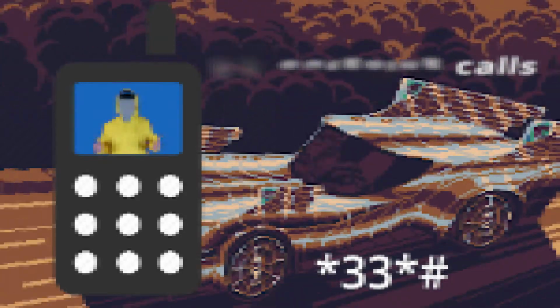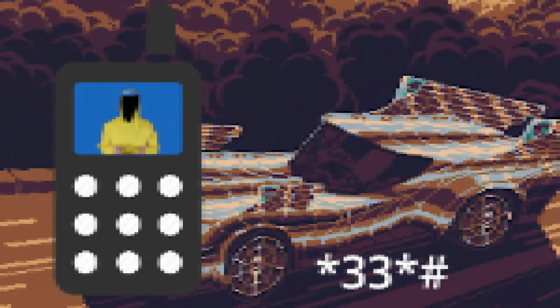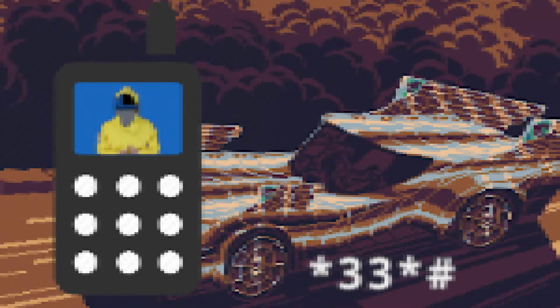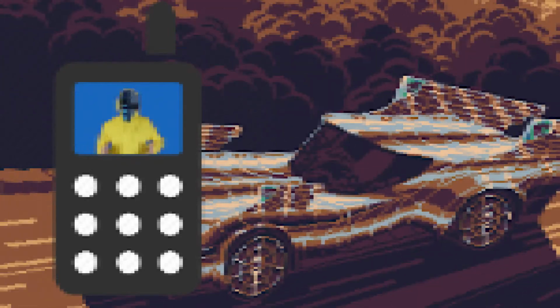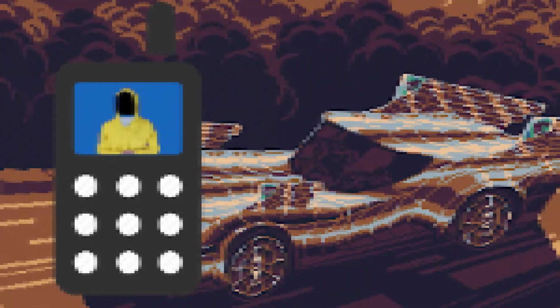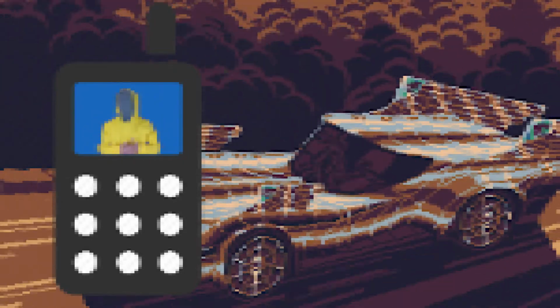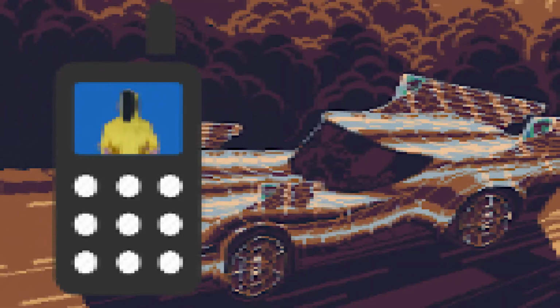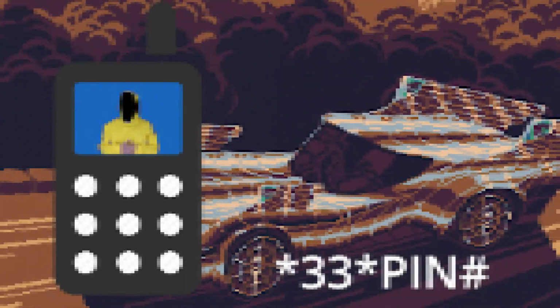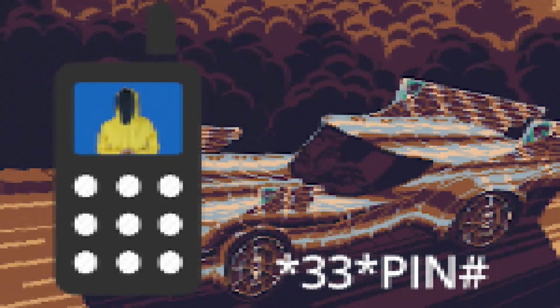No outgoing calls. This function works only for iPhones. If you use this code, you might not get any calls from others. Thankfully, with this code, you can easily block outgoing calls, and all they will just see is that the call failed to go through. They may just think it's a poor network signal. So, if you want to try it, just dial the code and enjoy it. Don't forget that you can turn off this function by simply typing this code.